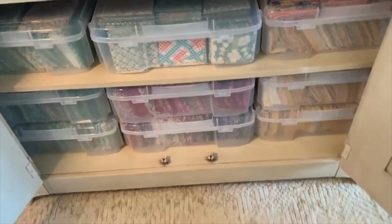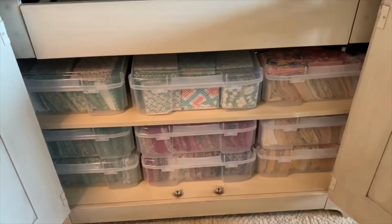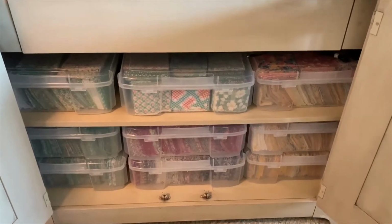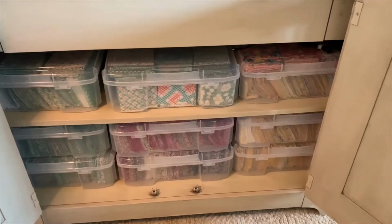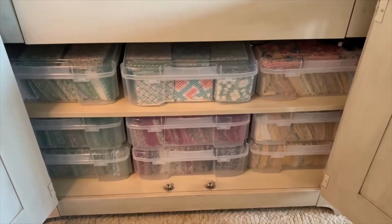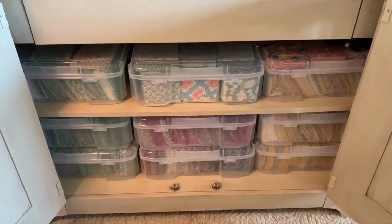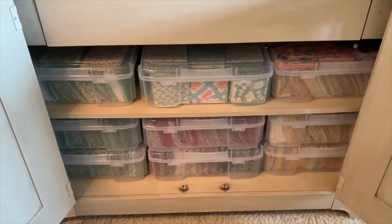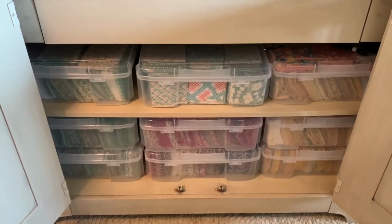It's not something that you can see all the time, but that's good too if you don't really want anything out. So what I have down here in this area is my fat quarters, and they are in containers. These are from Michael's, and they seem to work well for this space. I can get a lot of fat quarters in these containers, and they stack pretty well. So I have my greens, and I have my yellow,